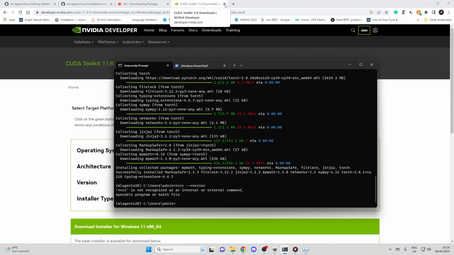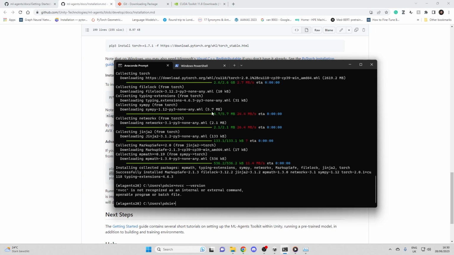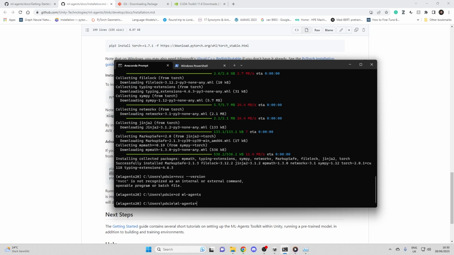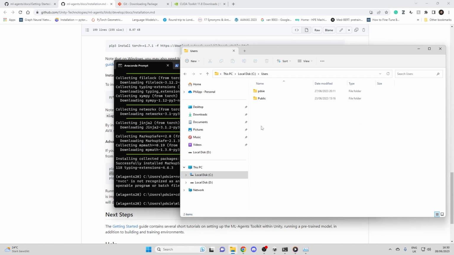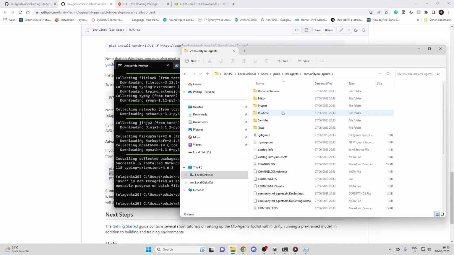So I suppose we can now continue. We have installed Torch, and now we can actually install ML-Agents from our local folder. So we have cloned it into ml-agents, so we are changing directory to ml-agents. You can also quickly go there. Okay, this is our folder, and we can now install this